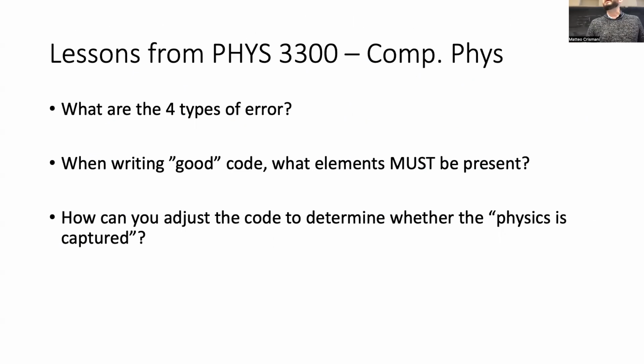Let's talk really briefly about computational. We're going to talk a little bit about finite differences in a few seconds, but let's talk about some of the major thoughts that we have when we did computational. And I know you have to undelete that homework and restore your hard drive from when you took that class. But what are the 4 types of error? Raise your hand for each one. Don't just shout them. Human error. Good. That's one of them. Kobe, what's that? Random. How is that different from human error?